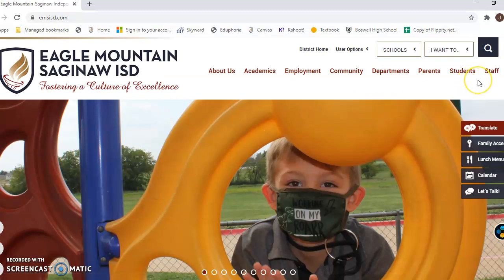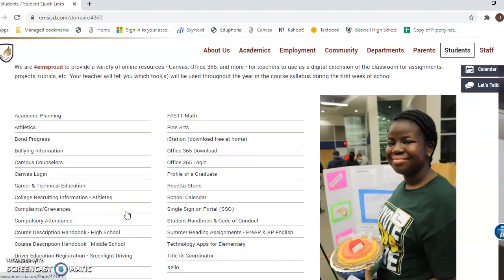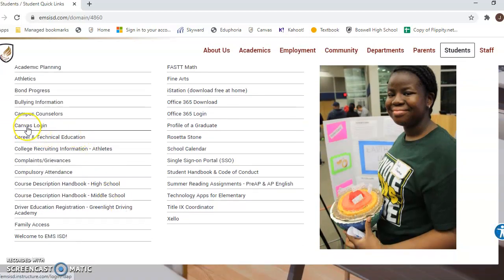And you should see several little tabs up here. If you'll click on the one that says students, okay, there's several quick links down here, and the one that gets you straight to Canvas is this one right here. It says Canvas login,